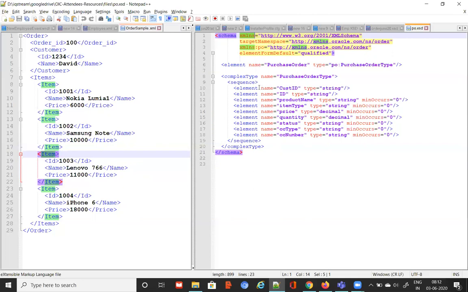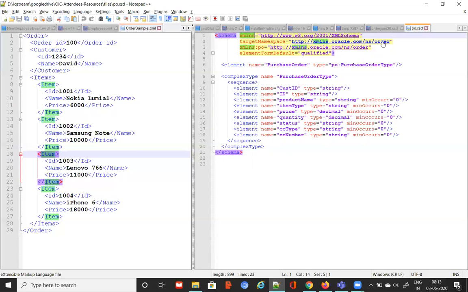Okay, it's possible. So one of them can be without a prefix. In this case, whoever wrote this XSD decided that anything coming from my standard XSD, I will refer to without any prefix. And that's what I defined here also. But it's also having a target namespace. The target namespace is http://xmlns.oracle.com/ns/order.